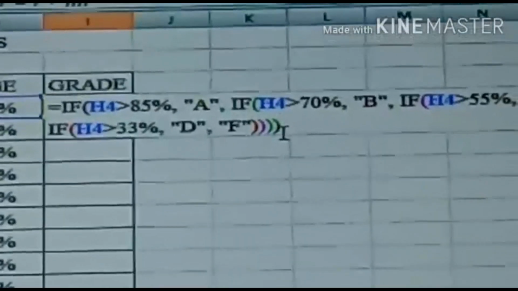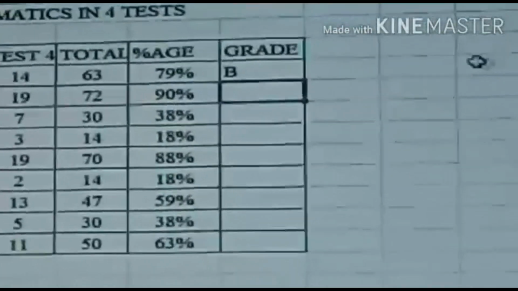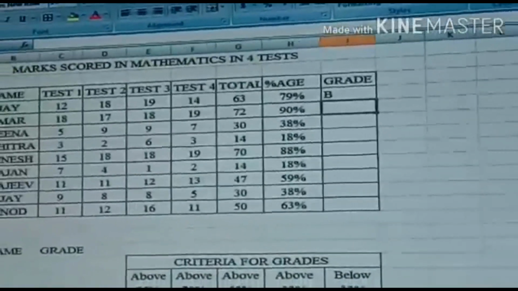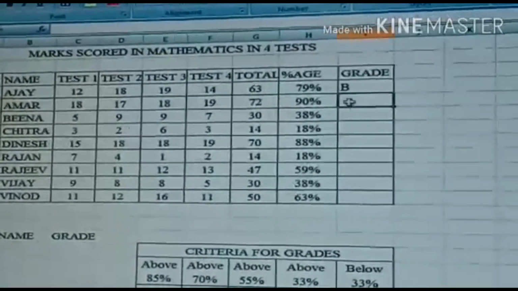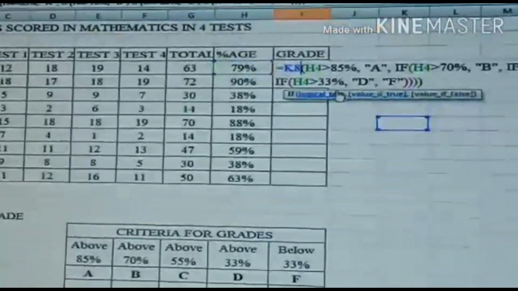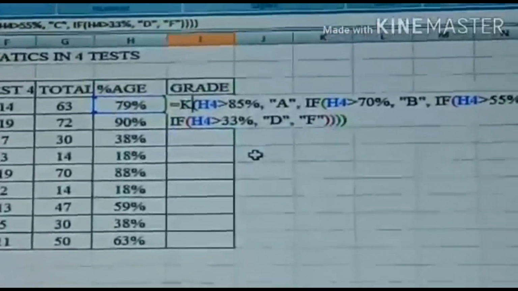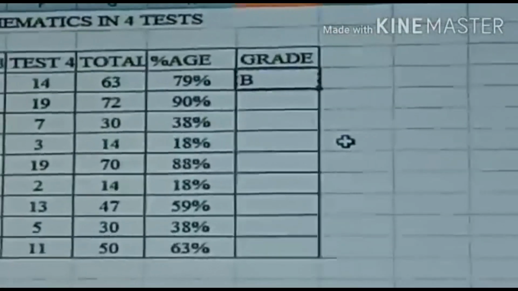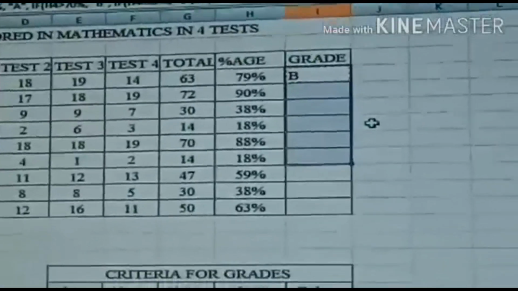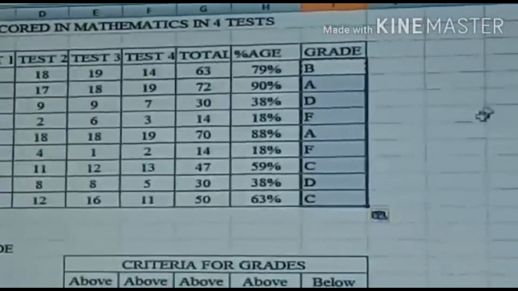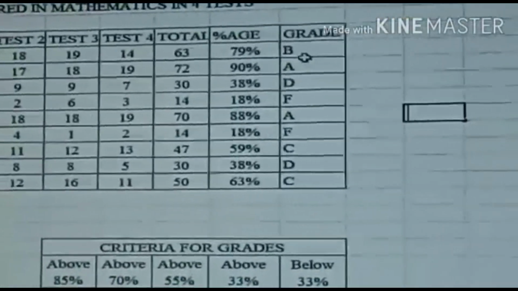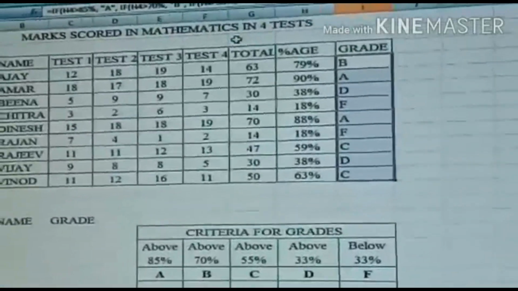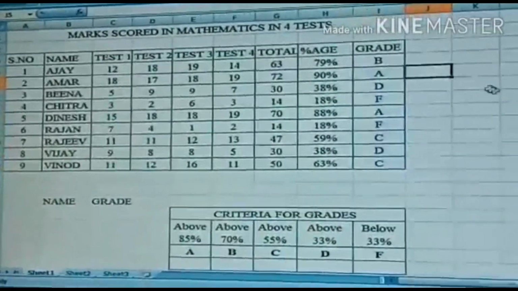Here we are having 4 open brackets, that's why I have given 4 closed brackets, and we got the grade B. By referring to the criteria, since the percentage is 79 and it falls in the range more than 70 but less than 85, it is B. Now we will copy the formula for all the respective cells to get the grades for all the students.